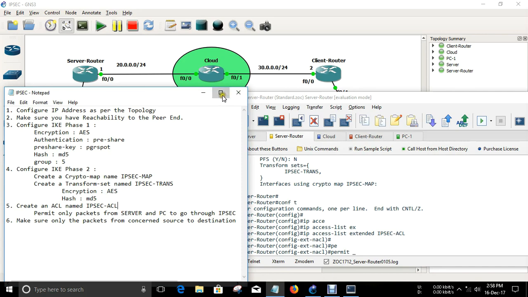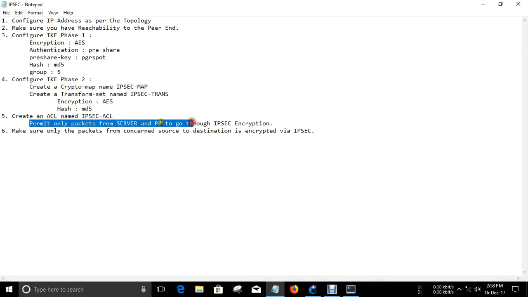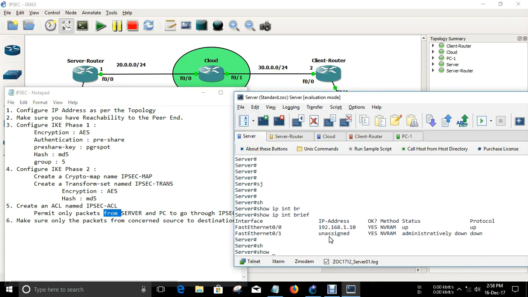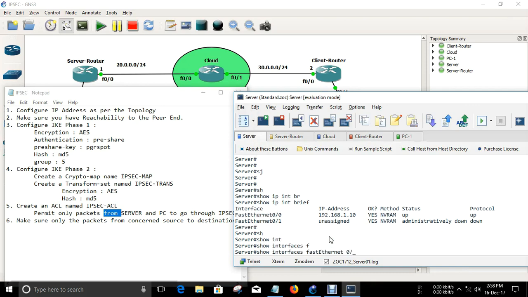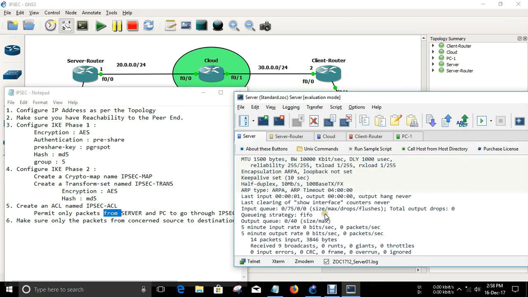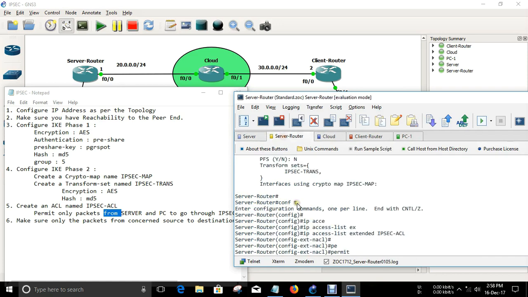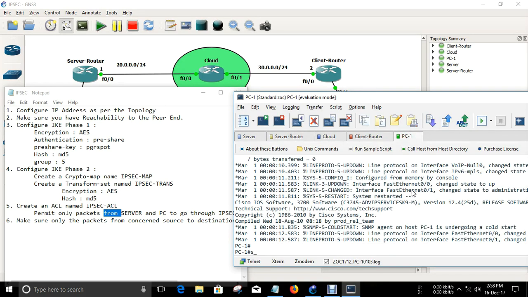Next, I'm going to permit. What I need to permit is only packets from server to PC to go through the IPSEC encryption. Just want to confirm what IP is on the server. Show interface FastEthernet 0/0. This is 1.0/24. Okay. Permit IP 192.168.1.0/24, and here is